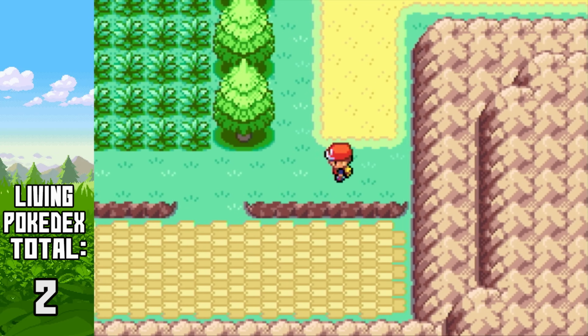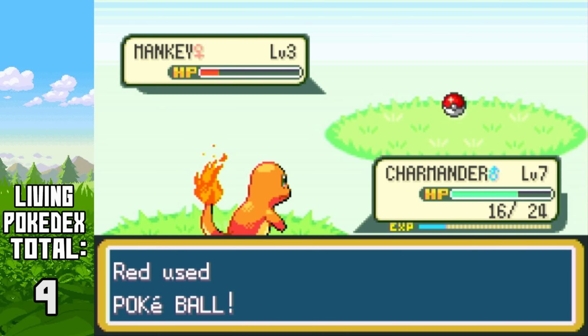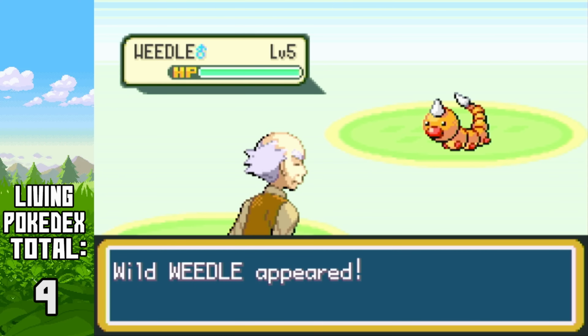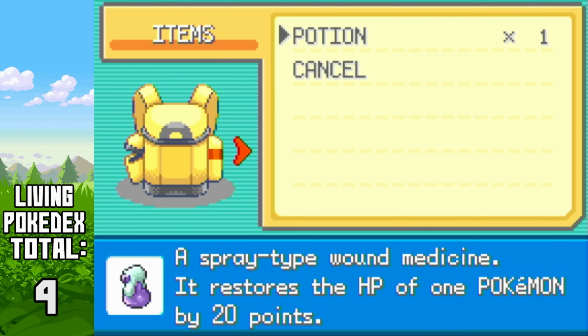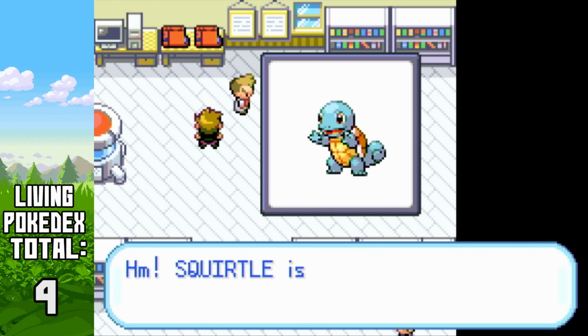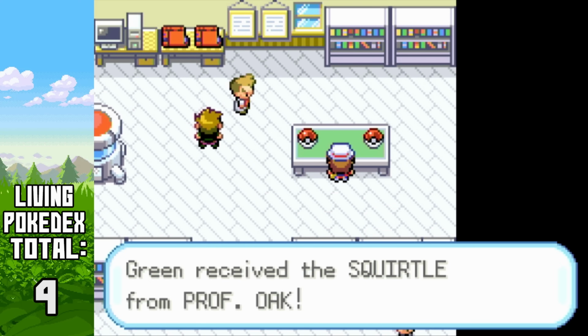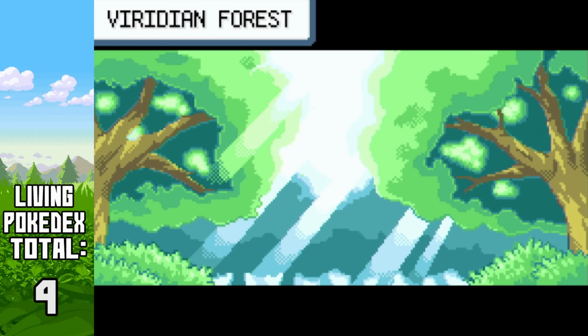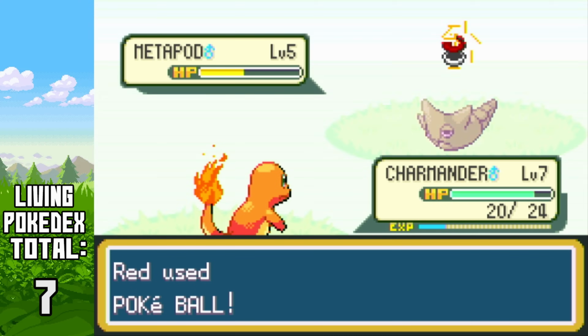In the meantime, Red heads over to Route 22 where he catches a Spearow and a Mankey. Red's next stop is Viridian Forest, but before he can go through there, some random old man stops and teaches him how to catch Pokemon. So while that's happening, Green chooses her second starter Pokemon, Squirtle, and is about to battle Blue for the second time. So while that happens, Red makes his way through Viridian Forest where he caught a Weedle, Caterpie, Metapod, 2